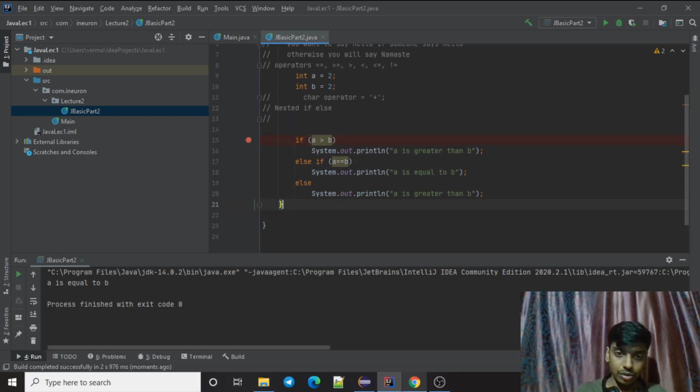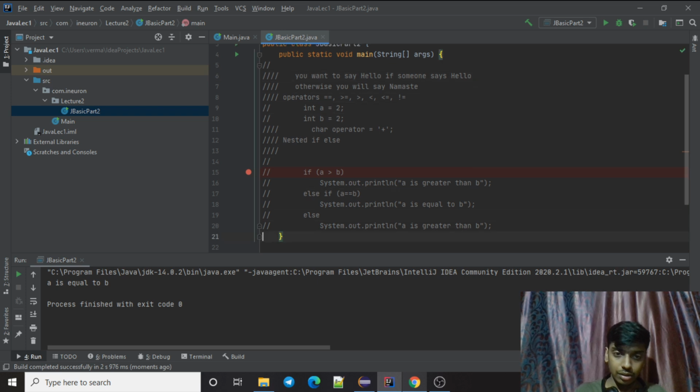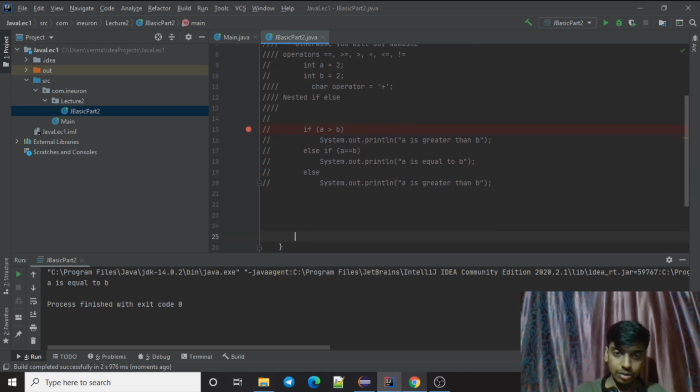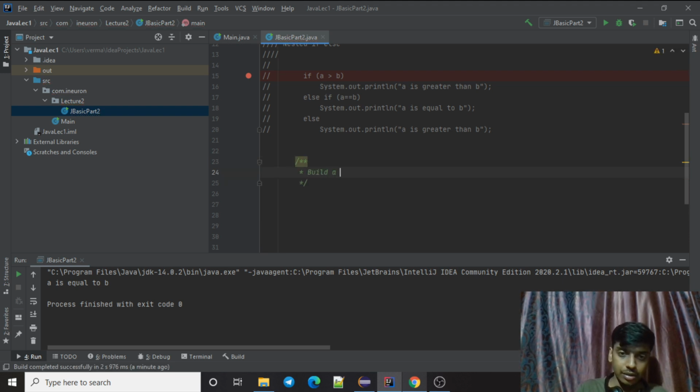I'm going to not delete this code because I don't know if you guys wanted to have a look into this or not. I'm going to just build a calculator, right? What I need to do: take two numbers, simple calculator, not a very complex one,